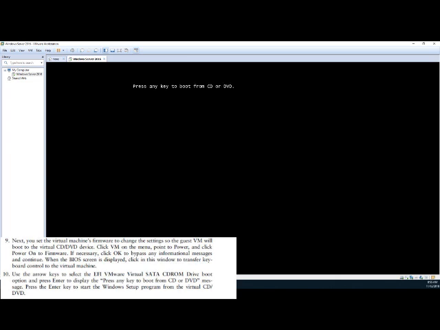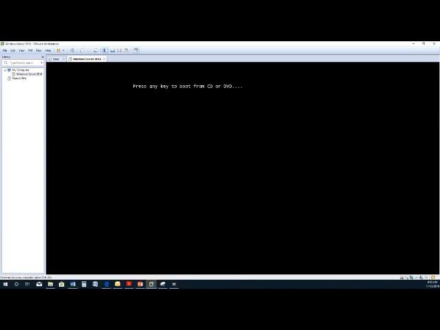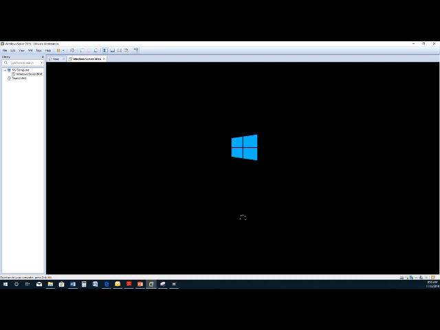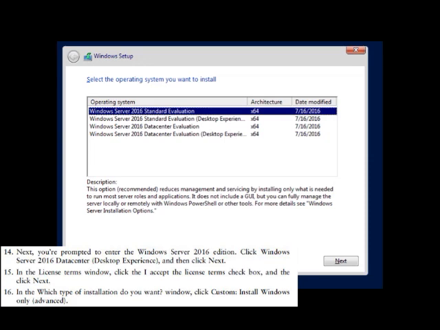And we'll press enter. We'll see the message to press any key to boot in a few seconds, and that'll start loading the files. If you wait too long, it'll go back to the menu. And then you'll see your Windows installation process start up. In step 14, when we're prompted, we need to enter the Windows Server 2016 edition, and we want a desktop experience. So let's go to the Data Center option. We'll click that, and then click Next